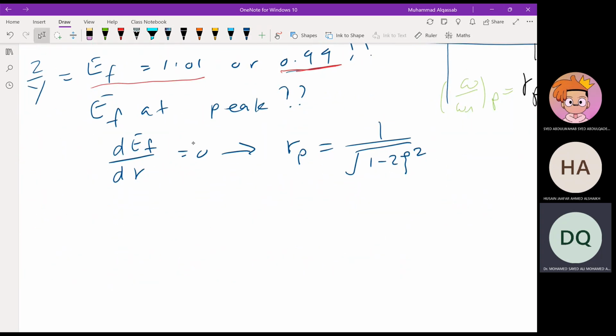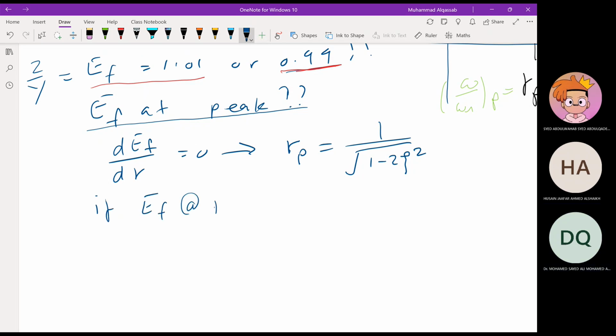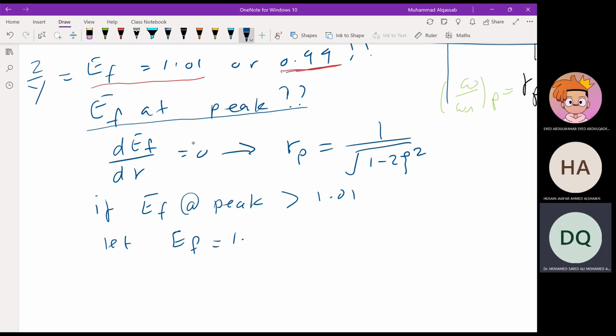You check the error factor at peak. So if the error factor at peak, at the maximum, is greater than 1.01, then let z over y, which is the error factor, equal to 1.01,